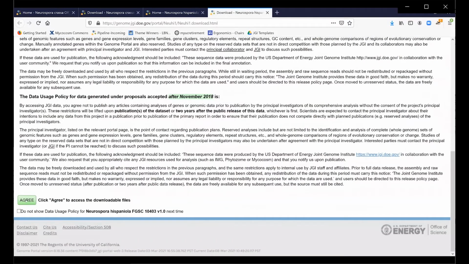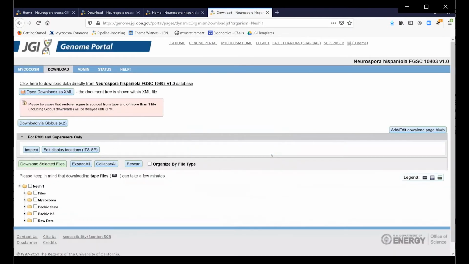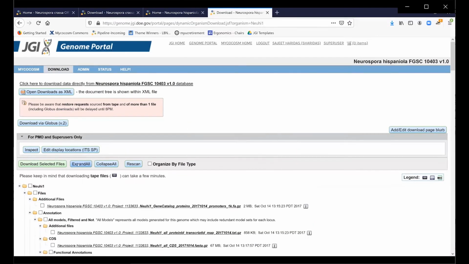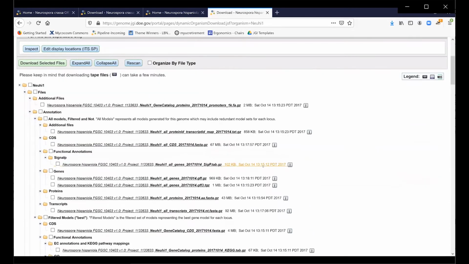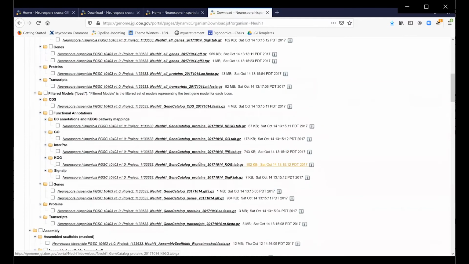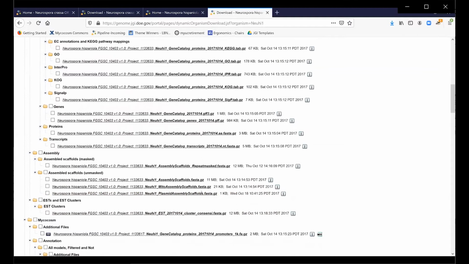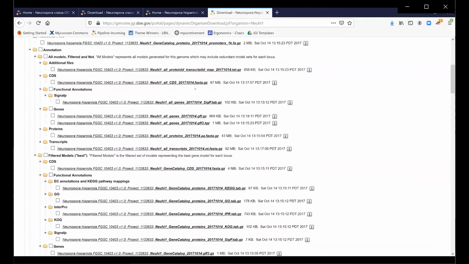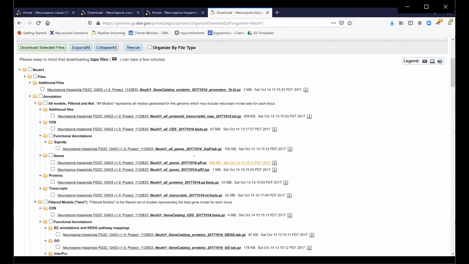Once you click agree, it'll take you to a very similar looking download page where again you can drill down. But I'm just going to click, like before, expand all to show you one major difference. You have the same sets of files, your functional annotation, your assembly data, but in addition, you have this additional set of files that says all proteins,